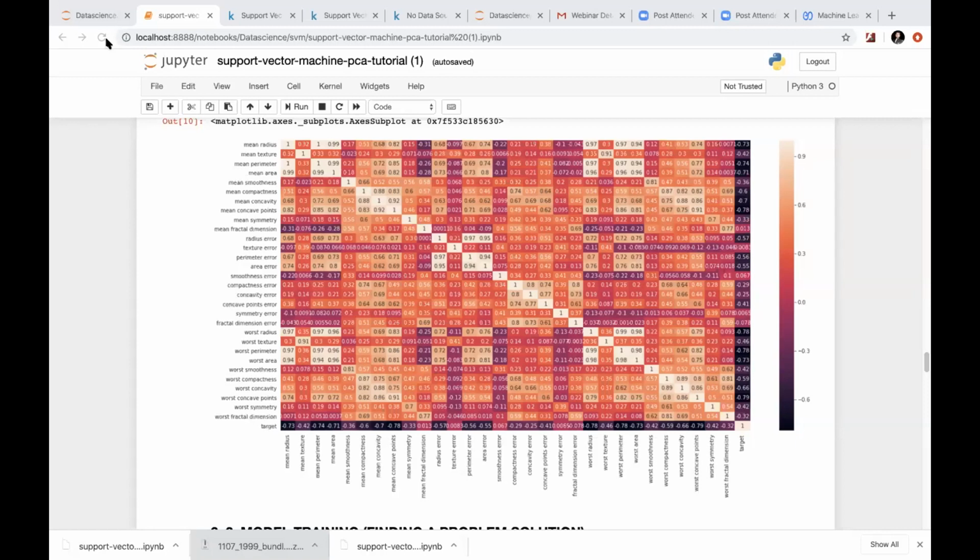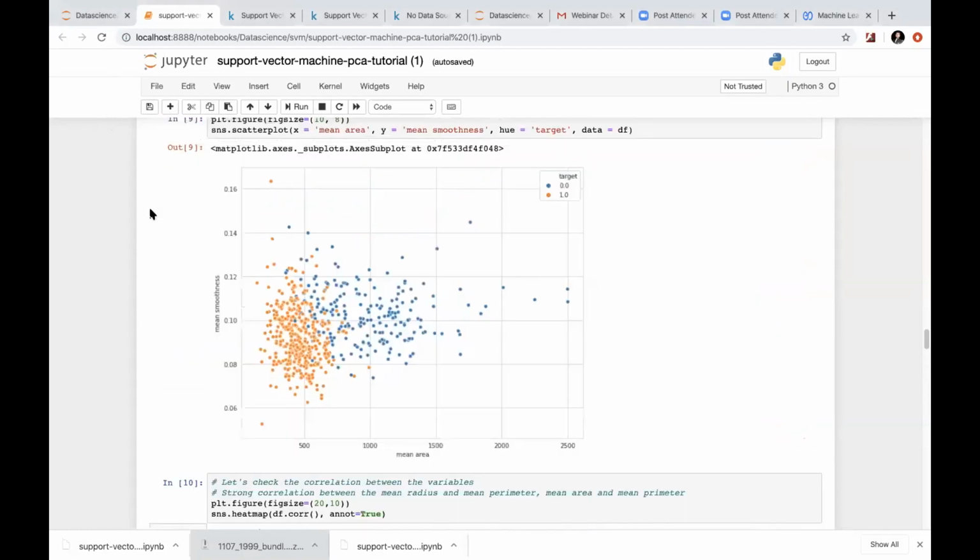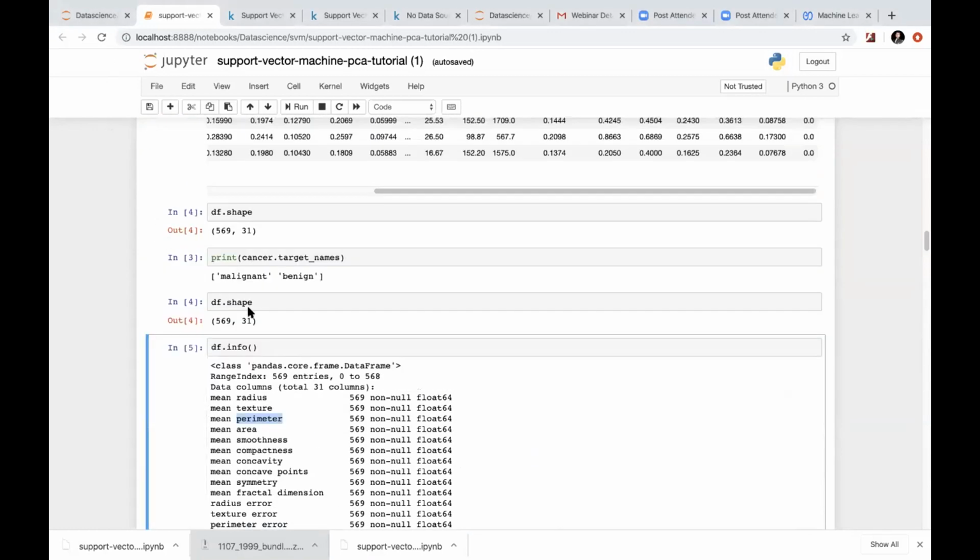And there's another pro and con of SVM that we can discuss right now, which is the time. So if your data set is big, let's say right now in this scenario, we only have 569 data points, right? But if your data set is having 5 million data points or 1 lakh data points, at that point of time, SVM is going to take a lot of time to train. So after this session, what I want you to do is download this data set from sklearn and just run on this, and then take a bigger data set and then run SVM. You will find out that SVM is taking a lot of time. So generally SVM takes around 10 times more time than linear regression models.